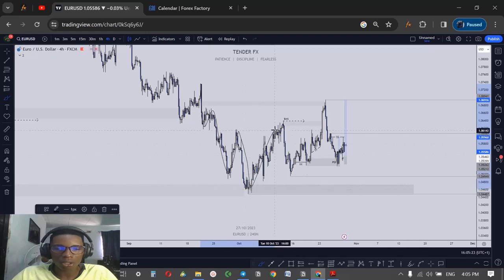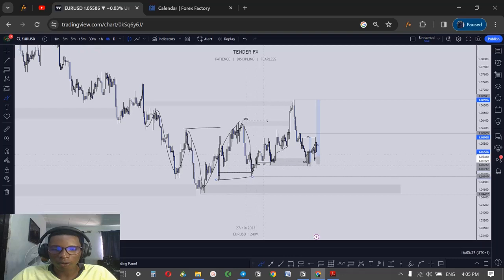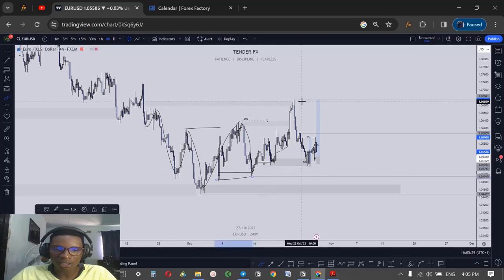We have an accumulation, and then probably we have price absorbing this high right here. We took out this previous lower high. After taking out this previous lower high, we came back. We expected this area of demand zone right here to give us some form of confirmation that would facilitate this pull to the upside and form this new higher high. And then currently we can see that price just reversed back and mitigated